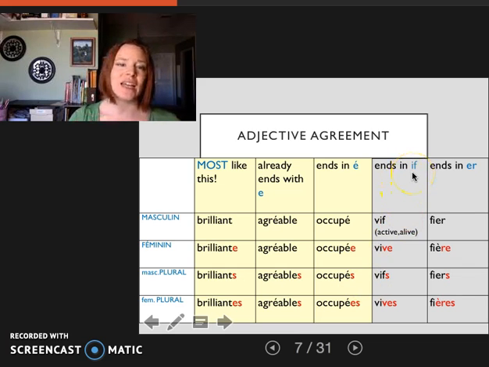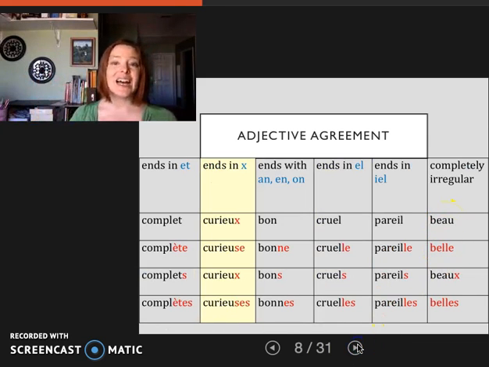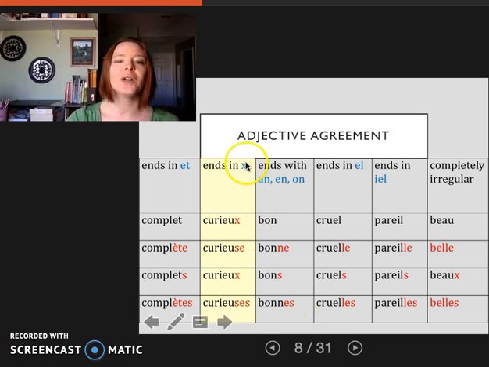Adjectives that end in IF, like actif, sportif, naïf, impulsif, or vif, we are going to change that F to a V, so vif, vive. Ends in ER, like étranger, entier, léger, premier, dernier. They end in ER, and we'll add an ÈRE, with this accent grave here. They'll still sound the same. Fier, fier. All right, other ones that might change sound, and we have one more very common adjective changing.